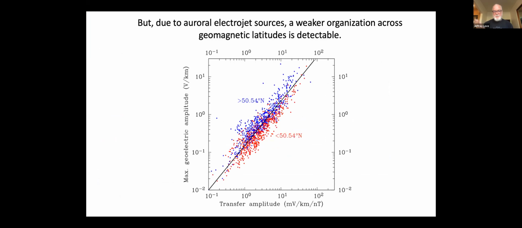Right. I think that this power law relationship would probably be a little bit different from one storm to another, for example. Yeah. The organization by latitude might be a little bit different from one storm to another. But if we can come up with some generalities, then we might be able to project forward to bigger storms like 1921, like 1859, to better understand. Again, the MT data are making a huge contribution to that kind of study, but that's one of the things I'm anxious to look at. I don't know exactly where it would go, but as with other analyses we've done, we're going to do it empirically. We're going to use real data to really analyze this.